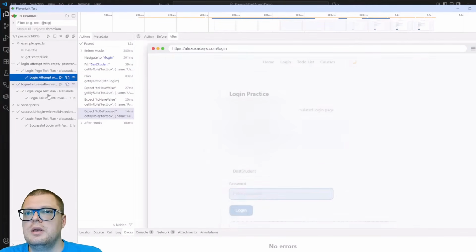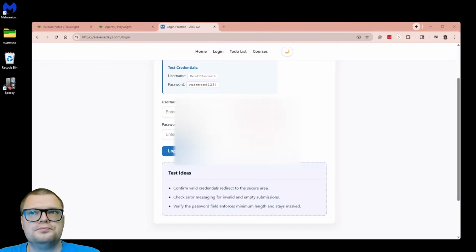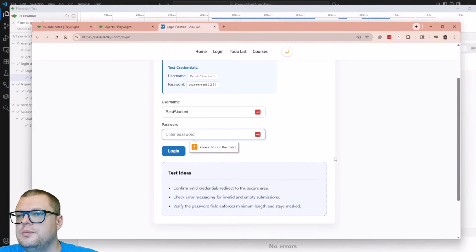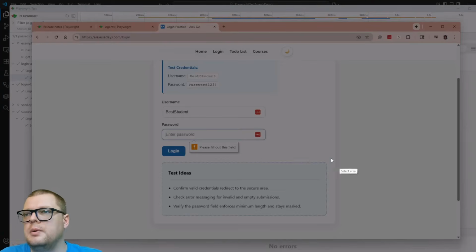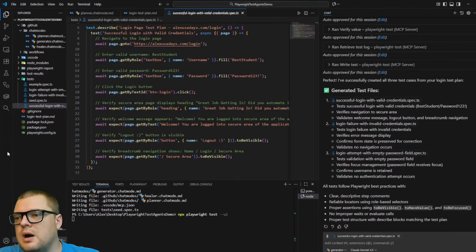Even though it generated it, if we go to the page and I try to log in, so let's say I put the username and hit login, there will be a "please fill out this field" password pop-up. Let's see if I can... this is an experiment right now, but I'm going to copy and drop a screenshot